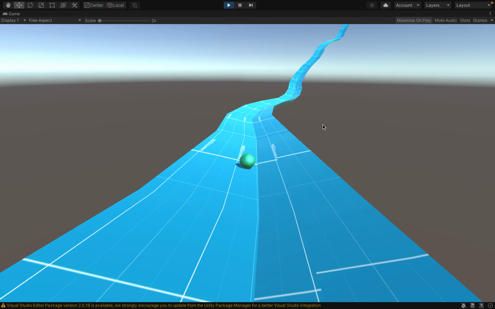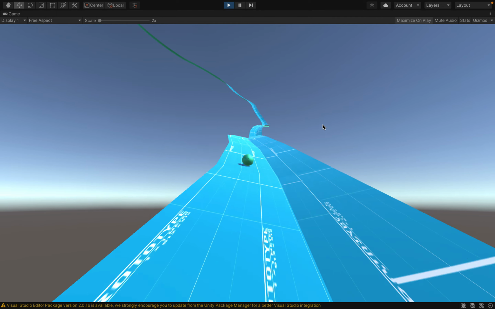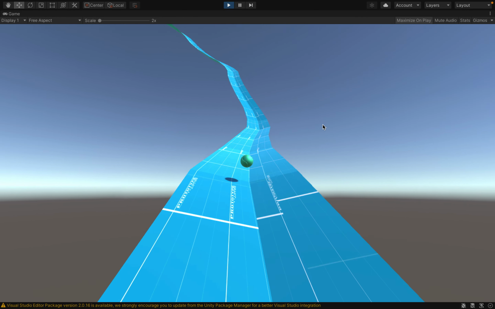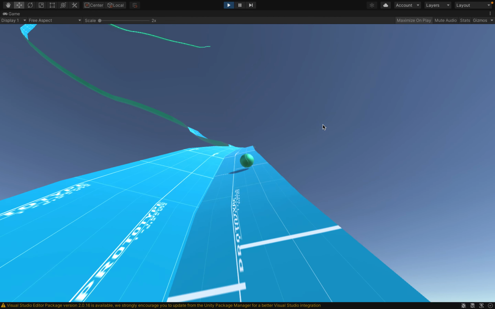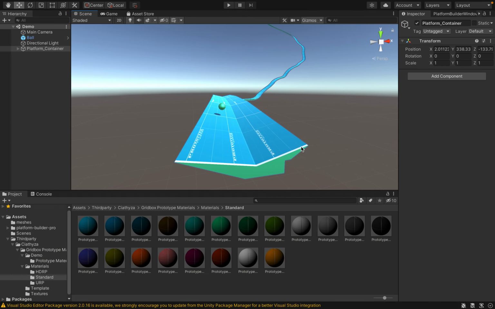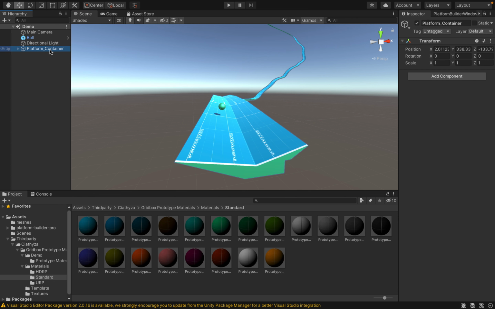Here you just have a ball rolling and trying to stay on the track. You can see the type of platform that you can achieve quite easily with this tool. There I fell off, but okay. So let's start over. We can just delete this one,